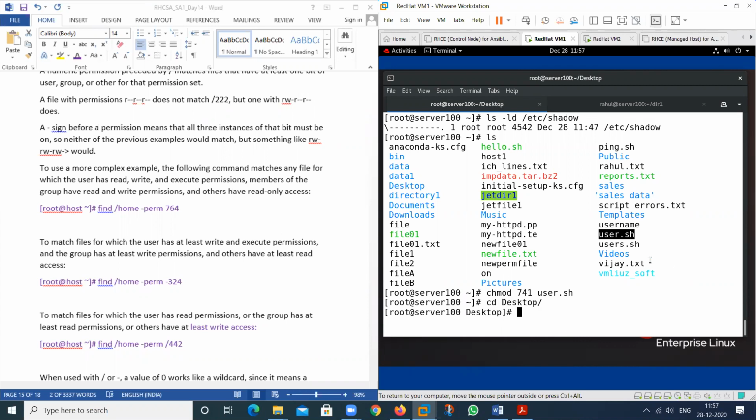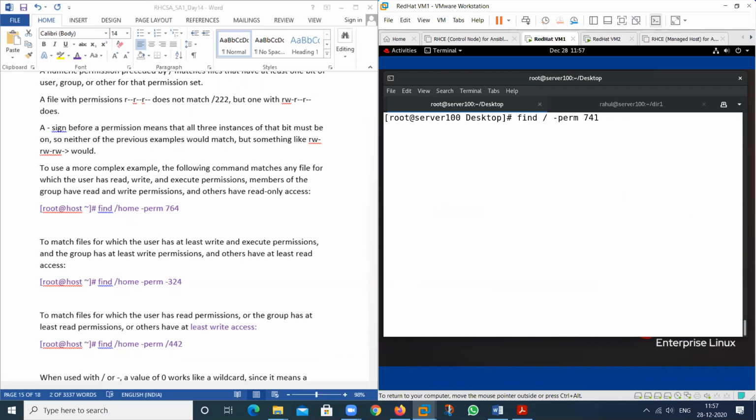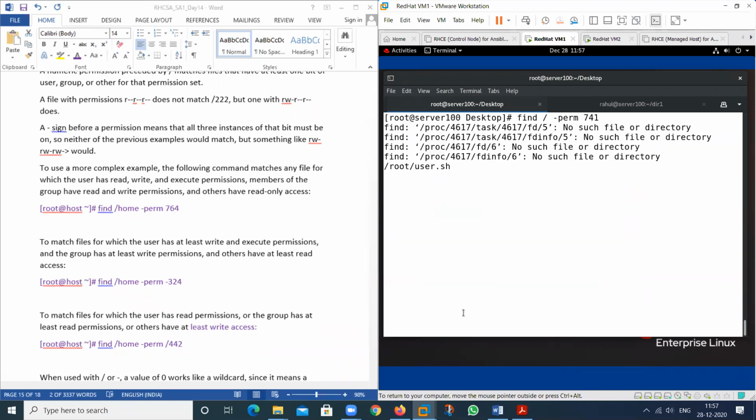And I want to search this particular file. So use the find command, give the location, -perm, then provide the permission. The permission is this one. See the result. So we have only one file related to this particular permission. This particular file has the permission 741.